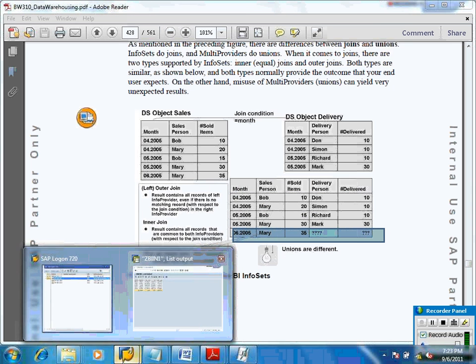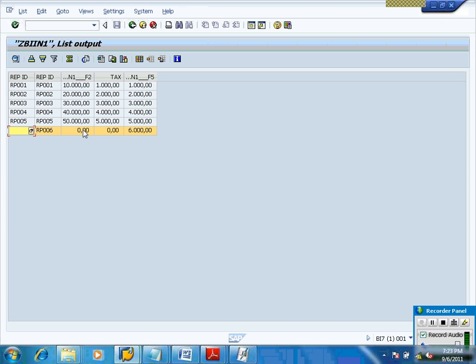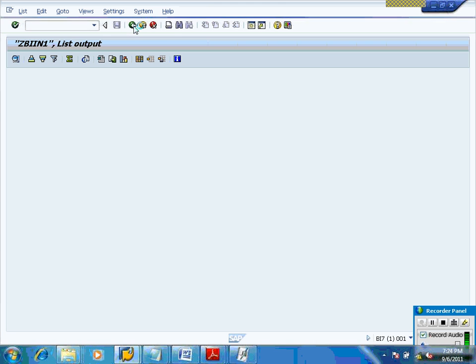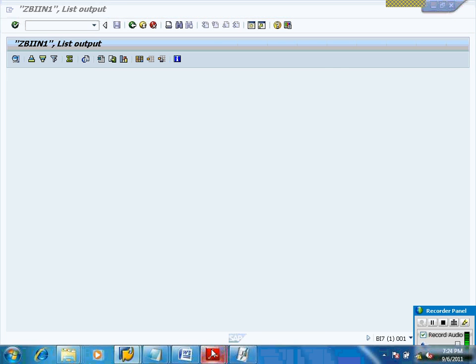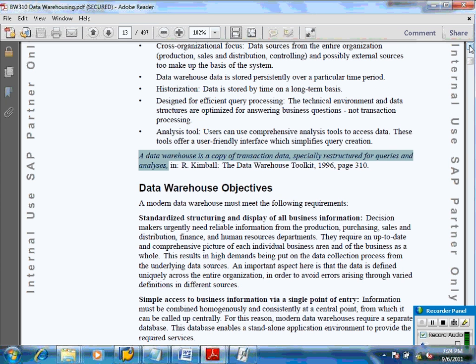This is not present in your first table. That's the reason it is coming as this line. And yes, this information is there in the second DS4. So we are getting this information in the output. This is left outer join. And temporal join we will use at a certain time. Now write down the definition of temporal join.